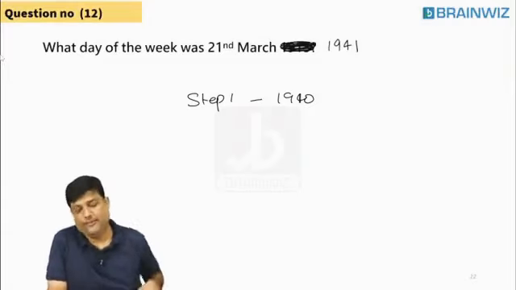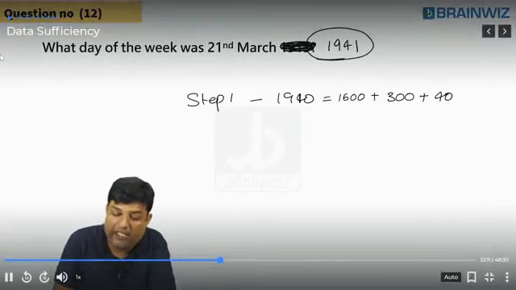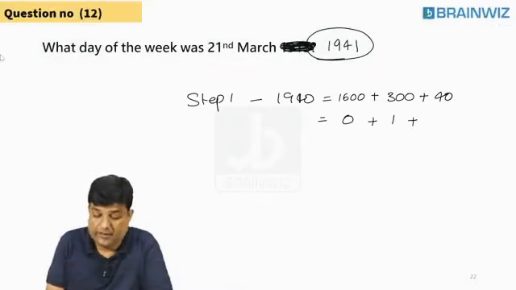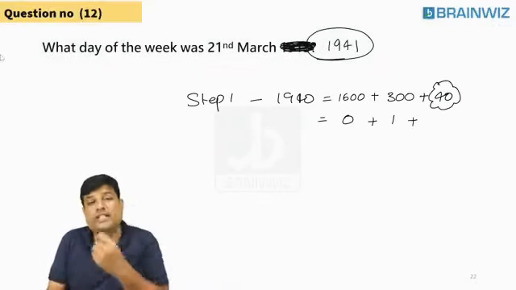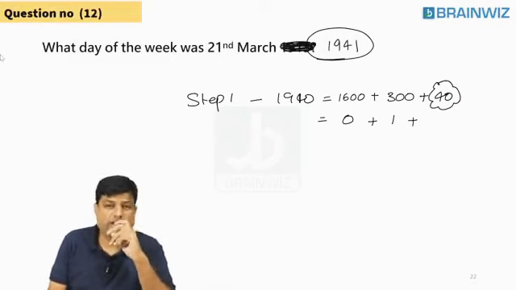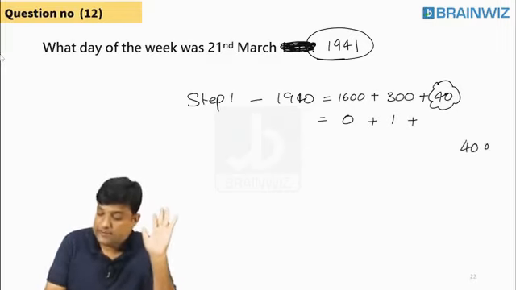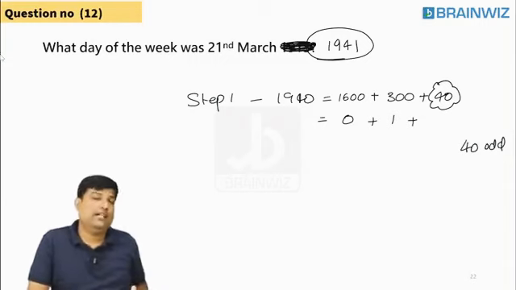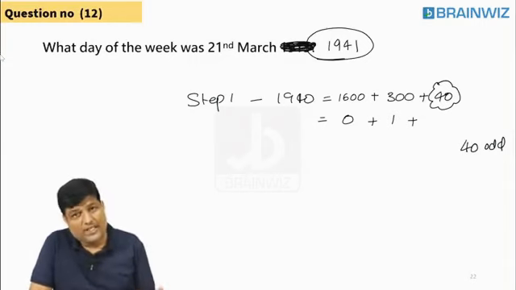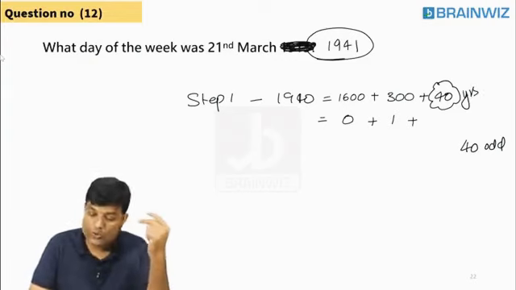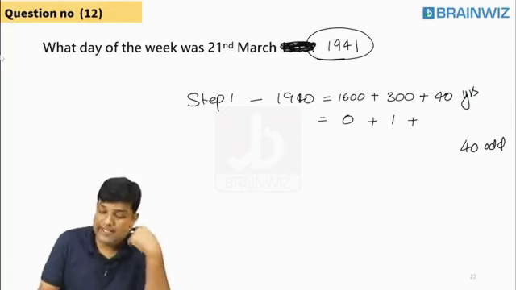But this is not the bravery to show. Try to understand, everybody. 40. Why have I not taken 1941? 1940 I've got 1. In 40, believe that all the 40 years are ordinary years. There is no leap concept. So how many odd days? 40 odd days. Now you come to the reality. Do you think that all are ordinary years? No. Some of these 40 years, definitely some are leap years. They don't have 1 each, they have 2 each. So definitely that extra 1 each gives you 10 extra.